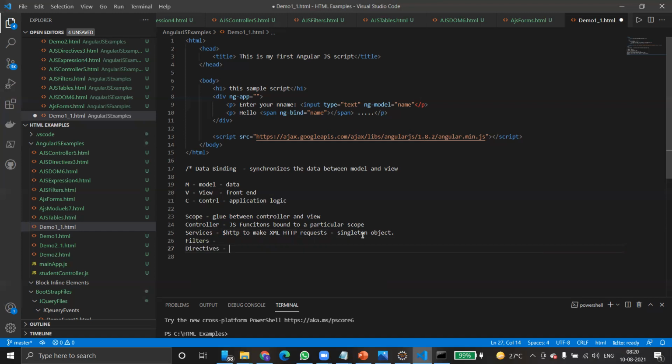What is a directive, first of all? Directives are nothing but markers in the DOM, the document object model. If you take any markers, like attributes, text, class, ID, those are markers basically. DOM elements such as elements, attributes, CSS are actually directives. So these directives act as markers on the DOM elements. These directives can be used to create custom HTML tags. We can create our own customized HTML elements.